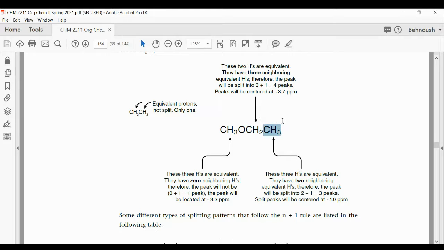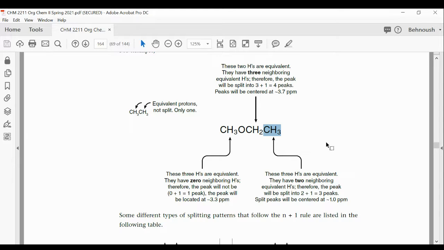What about the CH3 on the right side? The CH3 that is highlighted. CH3 on the right side. What would be the splitting pattern for that one? Triplet. It's a triplet because on the adjacent carbon you have 2 hydrogens, and 2 hydrogens plus 1,